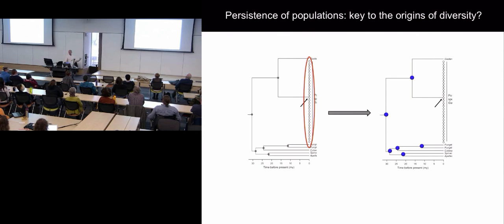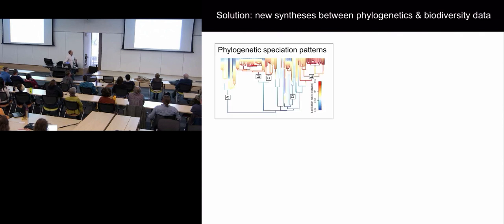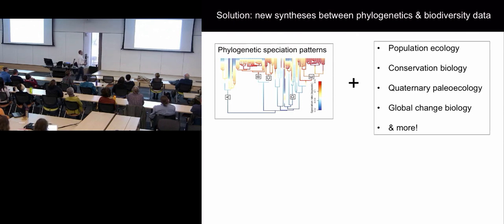So what can we actually do to study persistence? This is a very hard thing to study. If I was to propose what solutions I see on the horizon to cracking this problem, it's going to emerge from a novel fusion between phylogenetic speciation patterns, which I think we're quite good at doing now, and a bunch of non-traditional data types that we can apply in the framework that I